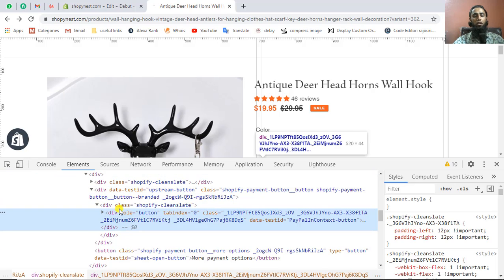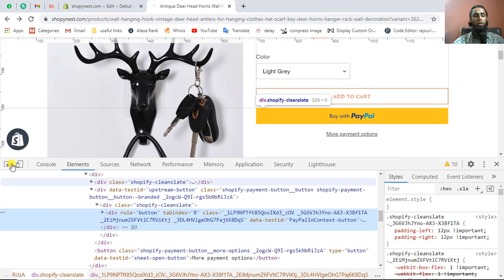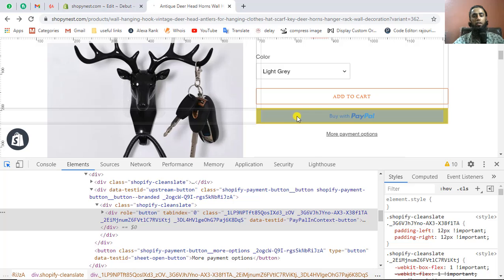If you are still not able to find that specific button, you have this option which is this arrow icon, the inspector. This is known as the inspector, and then you have to click on the specific button which you are interested in removing.